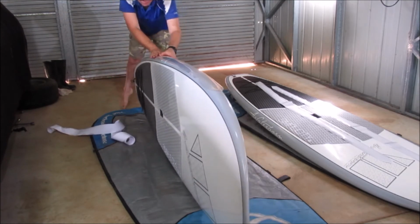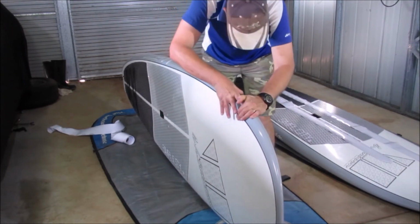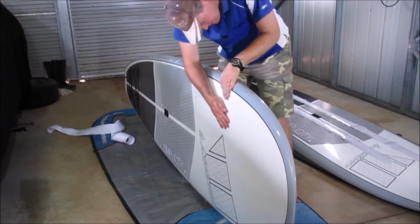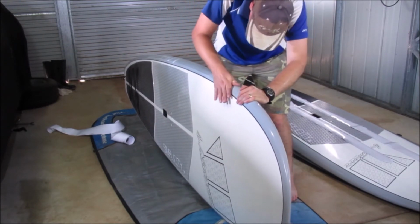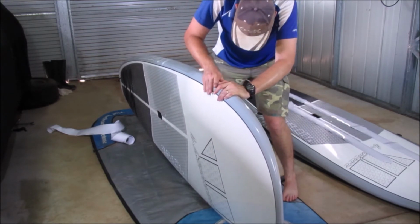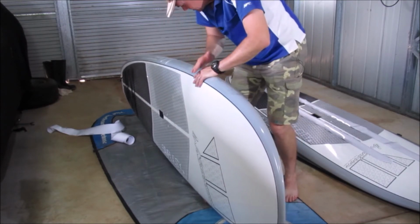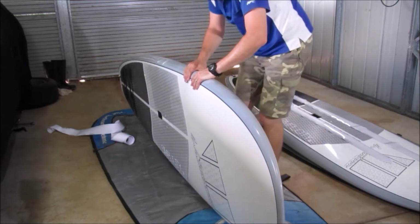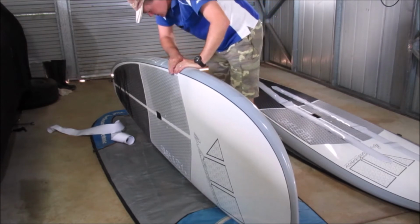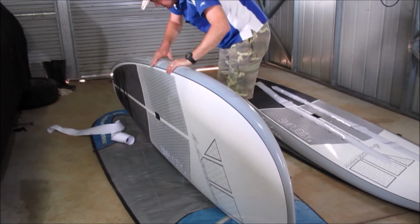Let's just try and put this up without getting any air bubbles in it. We'll start that way and then just work our way along. Maybe a squeegee or something might help, but don't have one handy, so. So we'll just take a bit of time getting the air bubbles out. Probably saying that just about as much for me as to anyone that's watching this, because if you know me, I can rush things sometimes. But if you take your time,